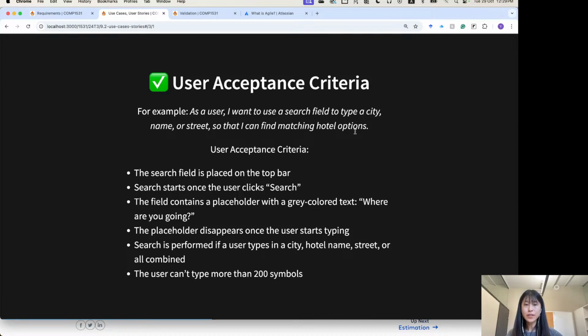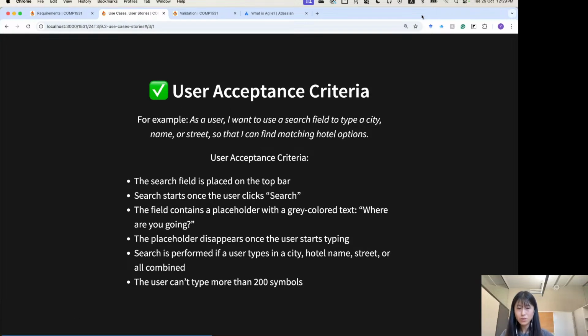Okay, so the user acceptance criteria here can be: the search field is placed on the top bar. Search starts once the user clicks search. The field contains a placeholder with a gray-colored text saying, "Where are you going?" The placeholder disappears once the user starts typing. Search is performed if a user taps in a city, hotel name, street, or all combined. The user can't type more than 200 symbols. So you can see that